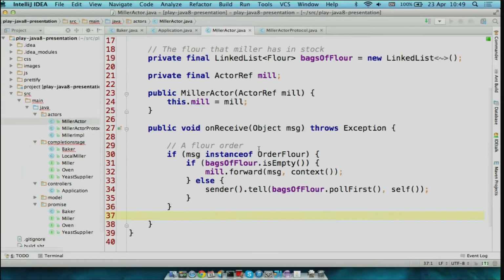When our miller receives an order flower message, actors are untyped, they come in as objects, so you need to find out what instance the message is. If our bags of flour is empty, then we're simply going to forward this request onto the mill actor. But otherwise, we will take the first element off the bags of flour and send it to the sender, whoever requested the flour from us.